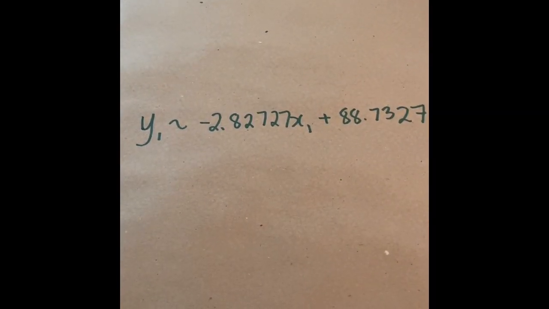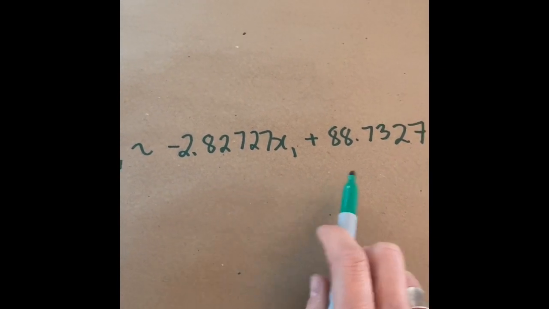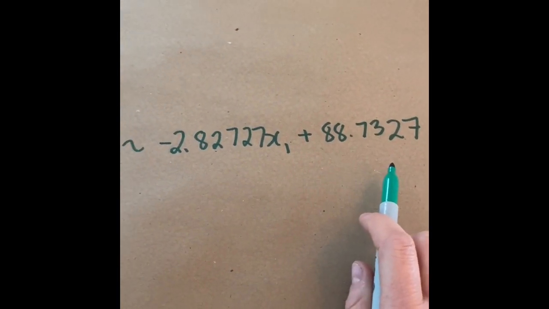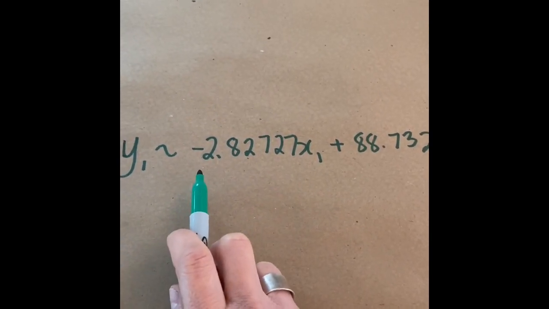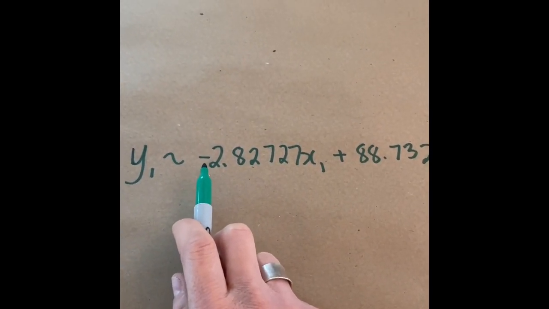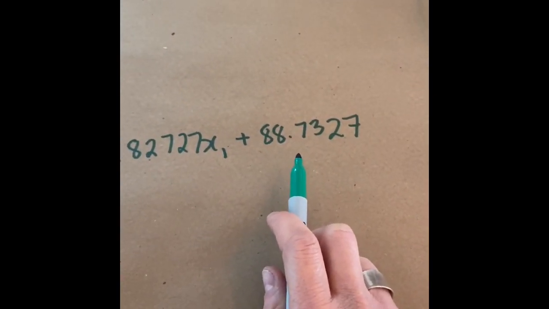Okay, so now we've seen on Desmos that our M is minus 2.8 and our B is 88.73. Our M, the part that's in front of the X, that tells us that it's dropping, or the rate of change is going down 2.8 each time you're absent. And the initial value, it starts at